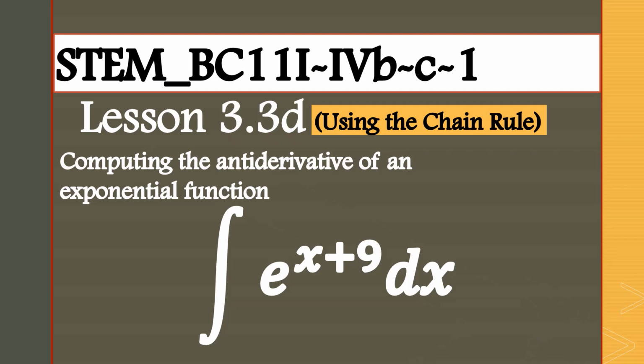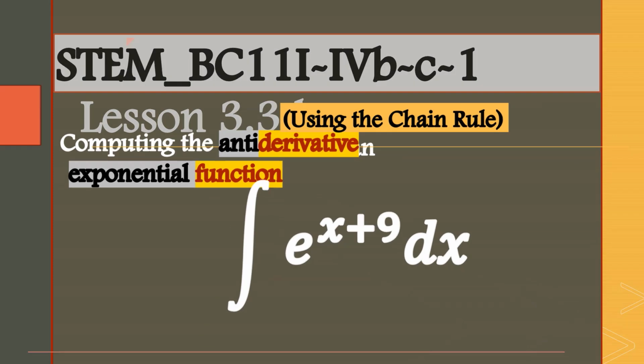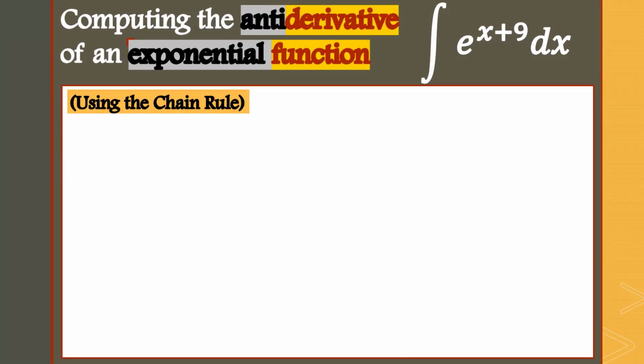Let's compute the antiderivative of this given exponential function using the chain rule. This time, our exponential function is with base expressed in Euler's number. So you have here the integral of e to the power of x plus 9 dx. Unlike the previous three videos pertaining to the use of chain rule for the antiderivative of exponential function, we'll